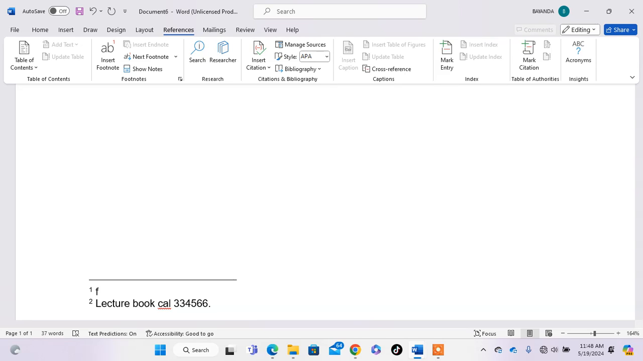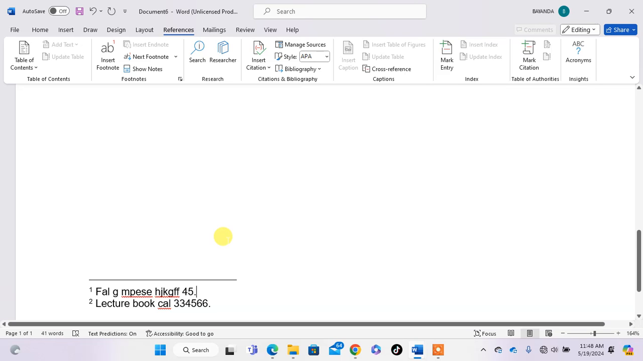Then you say that file, maybe G P say. Then you said, I'm just giving an example. Then you put a footnote. Then when you are done with all, it means that when you are done with the assignment, you will highlight